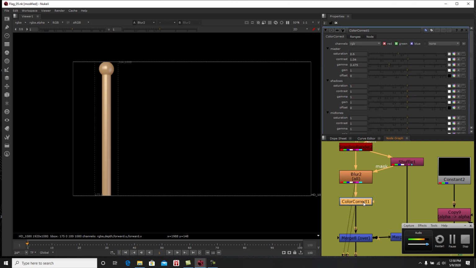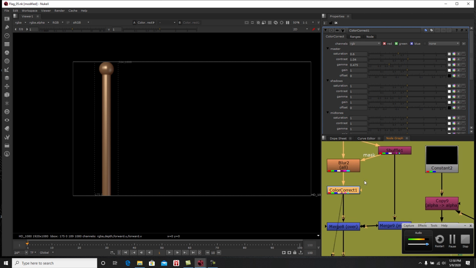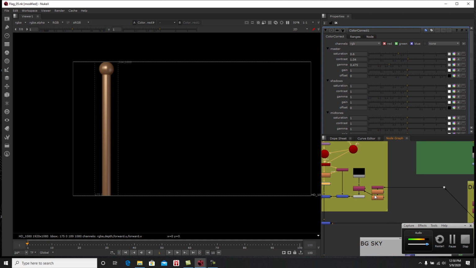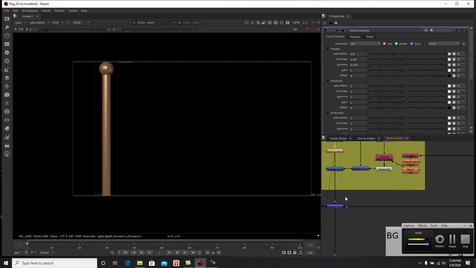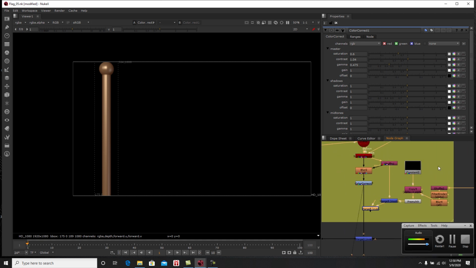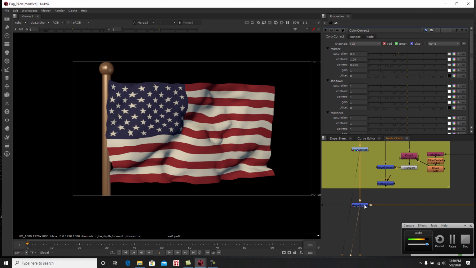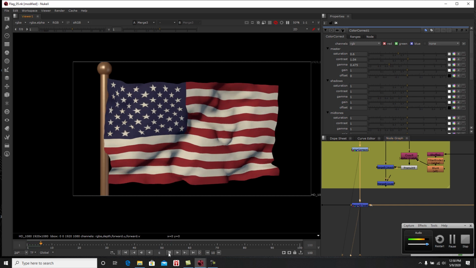And I added a color correct, give it a little bit of gamma of 0.475, give it saturation of 0.6, and from there, let me unhook this one because I'm going to explain this part right here, why I had a setup like that. So when I merge the flag to the flagpole and you play it,